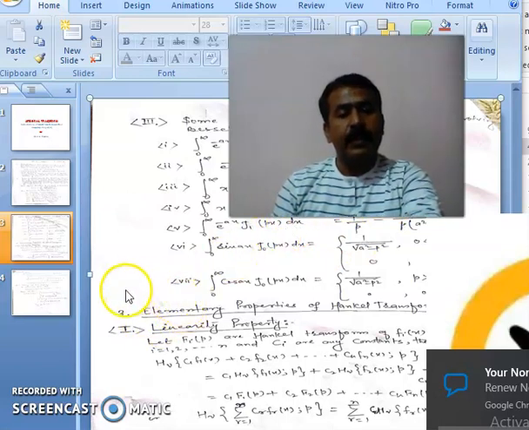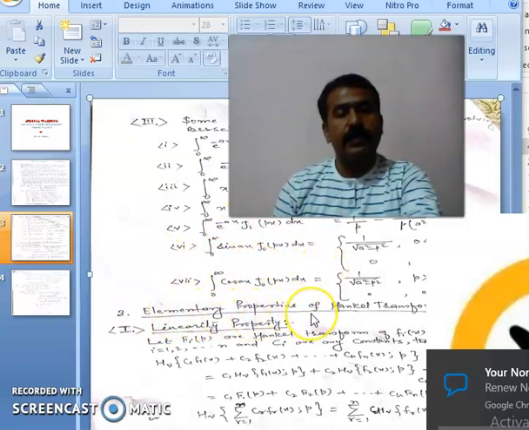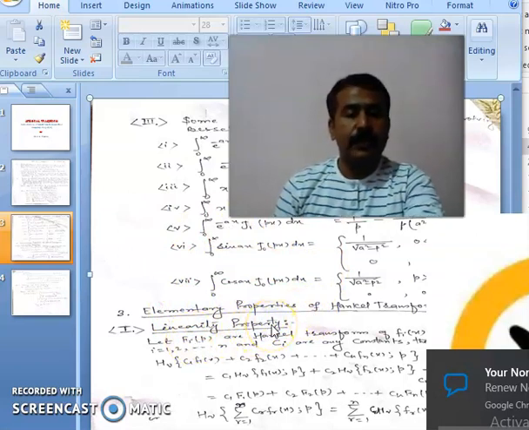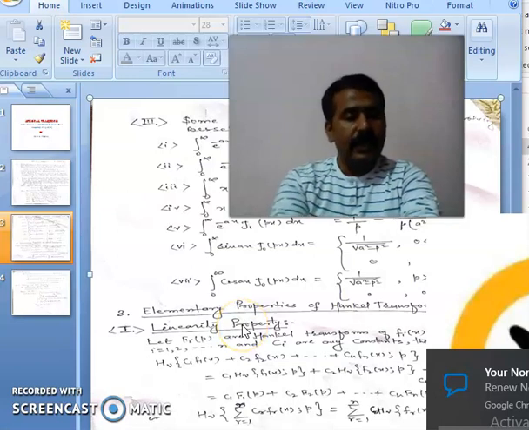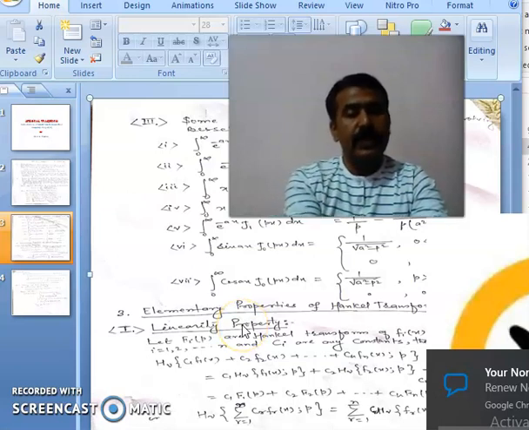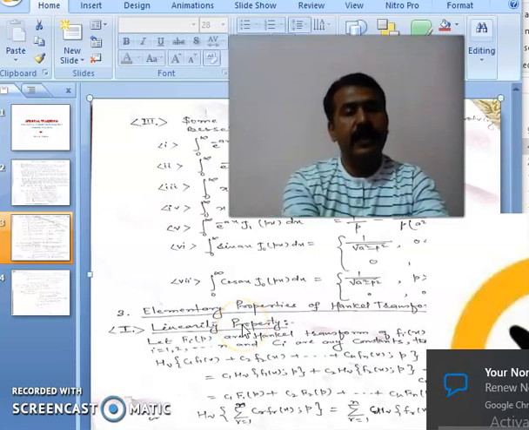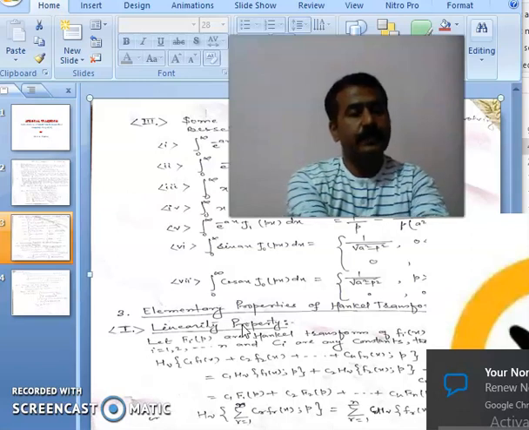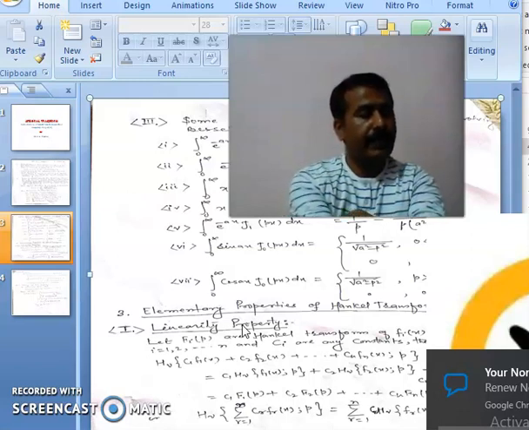Now our next point is elementary properties of the Hankel transform. In this sequence, the first is the linear property. We have already discussed it in the Laplace transform and Mellin transform. Now in the Hankel transform, the same property is the linear property of the Hankel transform. So what is the linear property of the Hankel transform? The linear property of the Hankel transform is,